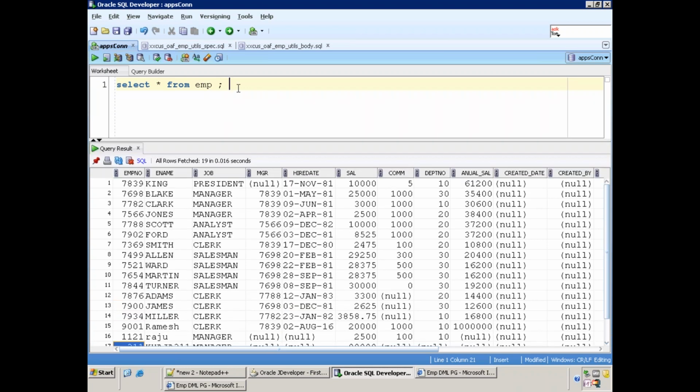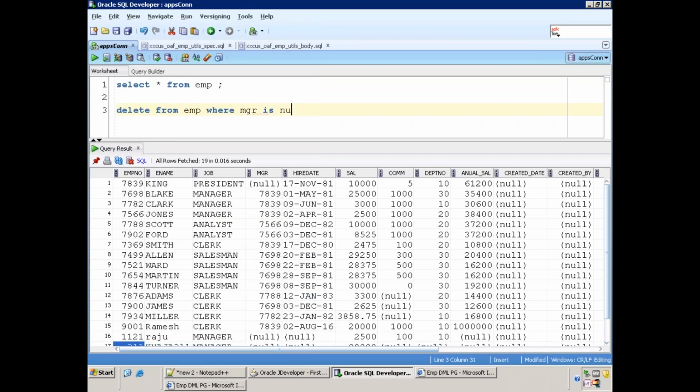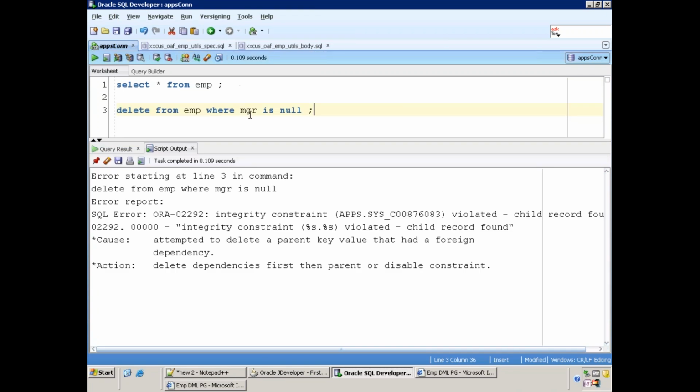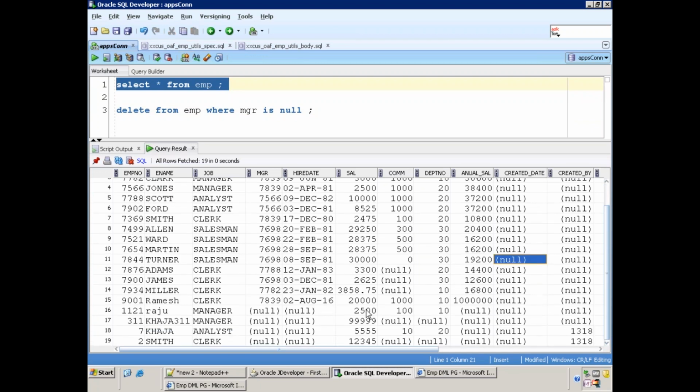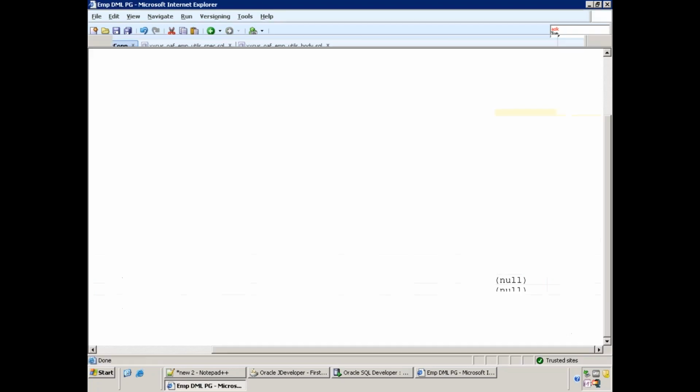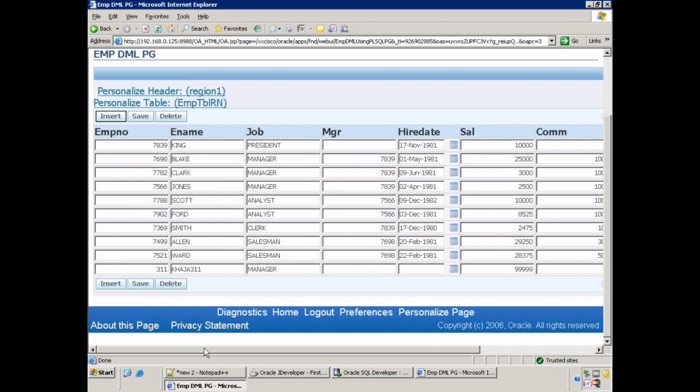So I'll try to delete a few records now. Let us say delete from emp where manager is. No, I'll just delete these records. Okay. How come the constraint where manager is no? Okay, no problem. Anyway, so we have these 14 records now, right? Sorry, 19 records. Now let us try insertion. Are you clear or any doubts in this one? How we are performing insertion?